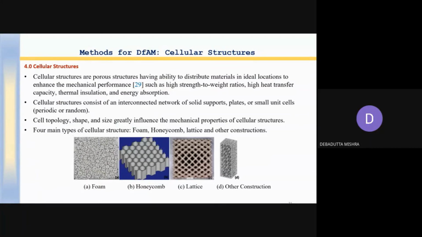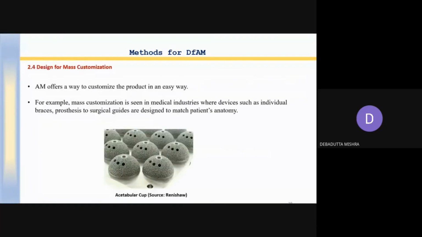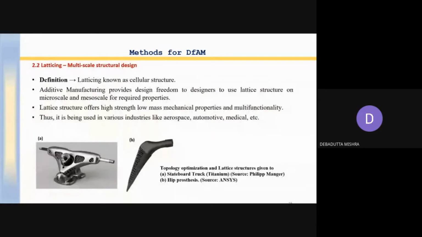So we talked about some lattice and cellular structure like this. You will see why we need this. After having all this part consolidation and latticing, you need some cellular structure.